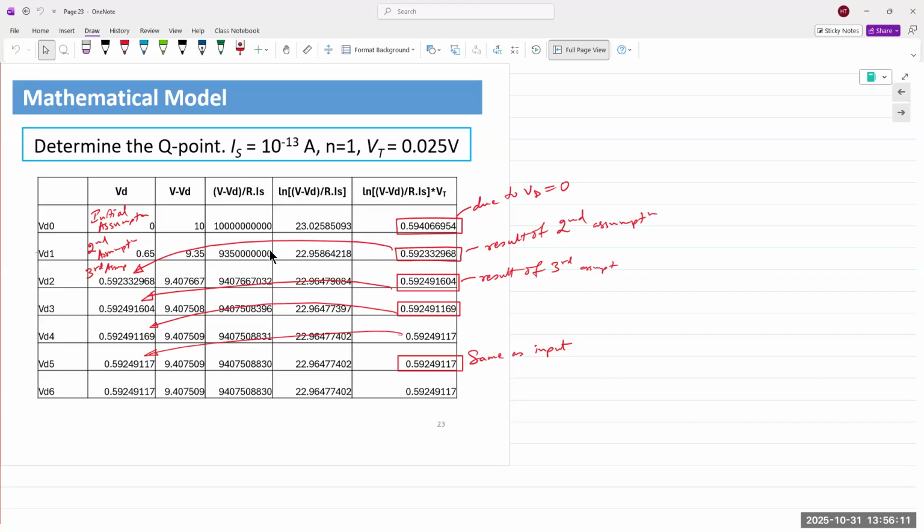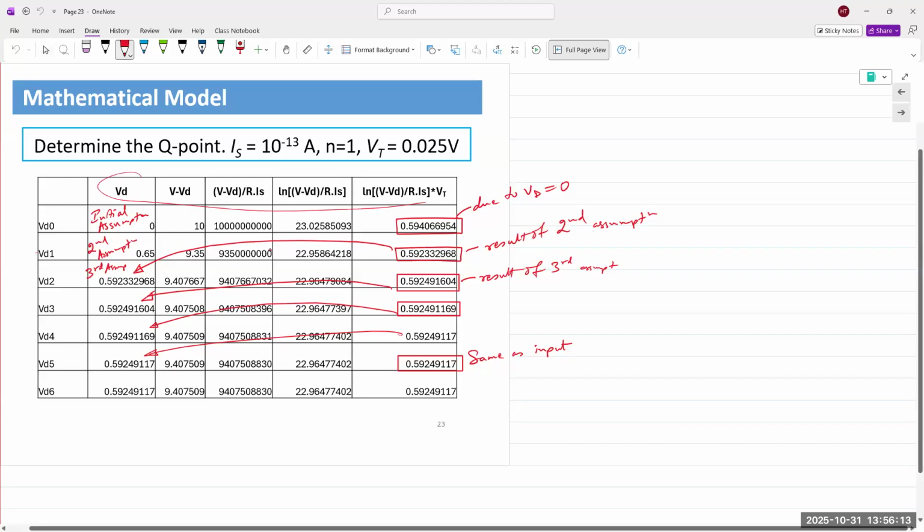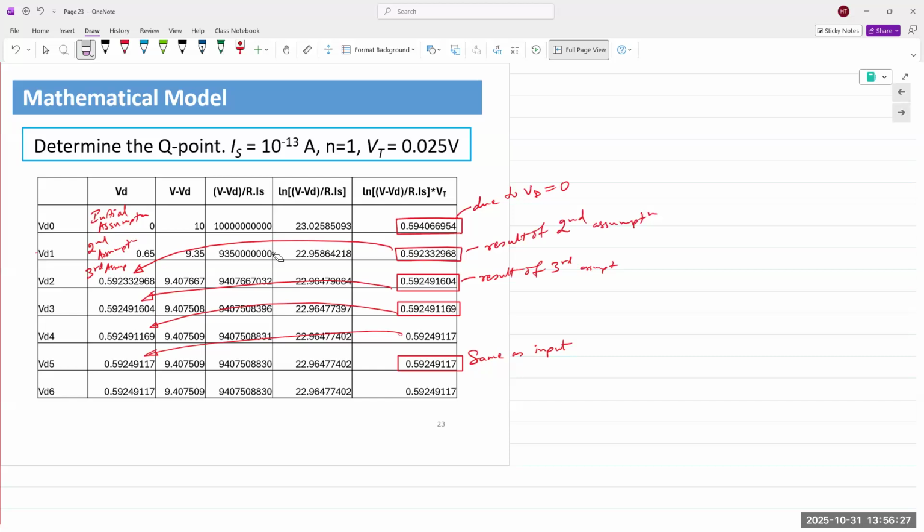So I had this equation. I programmed it right here at the top, right? And I started with an initial assumption of 0 for the diode voltage, and I obtained the answer for the diode voltage is 0.594. So my goal here in this example was to obtain the diode voltage, but the equation that I had for the diode voltage did not allow me to have a direct solution. So what I was doing here was,